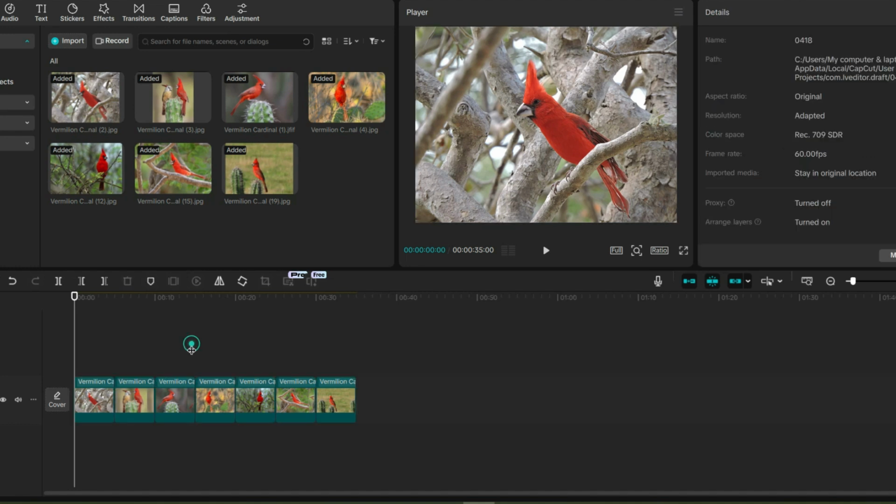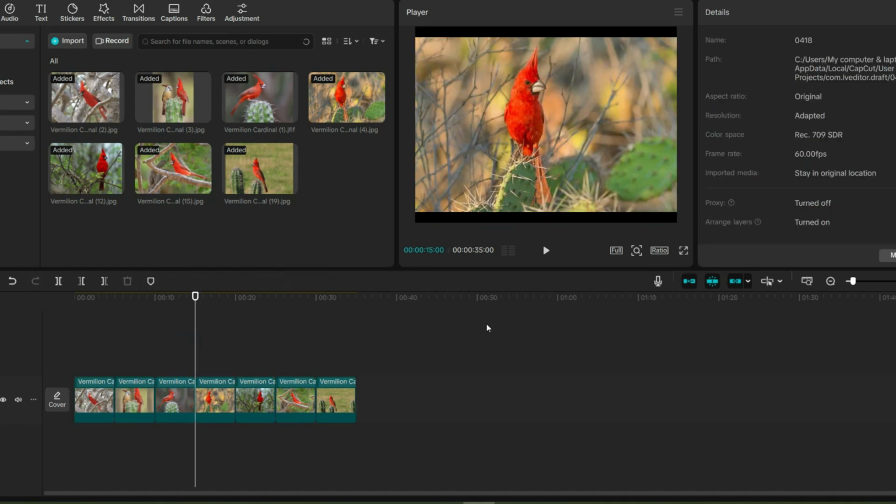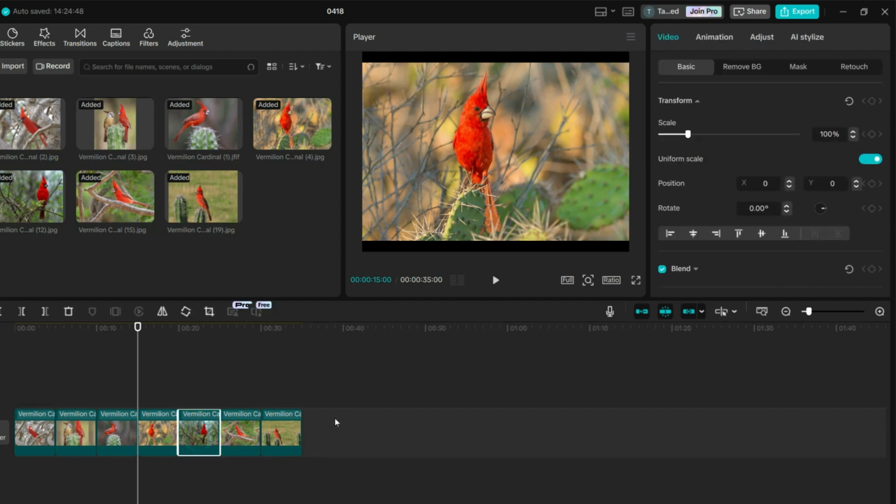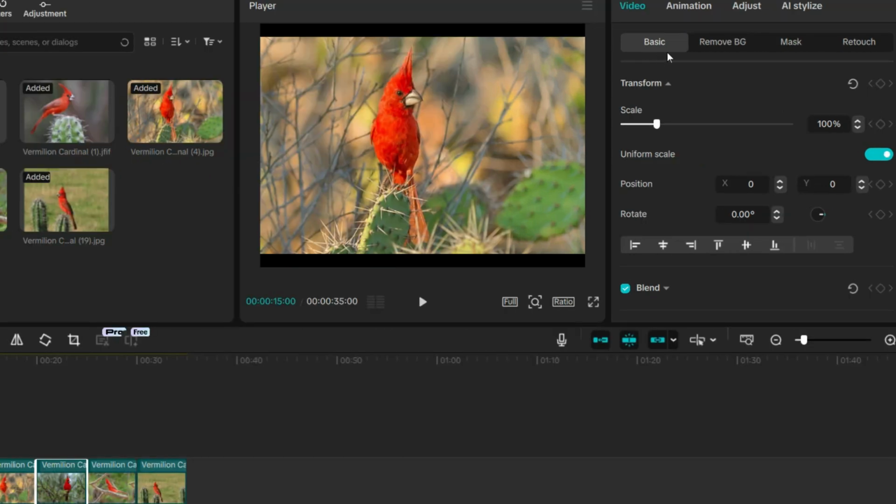And after that, you have to decide on which photo you want to apply the 3D photo effect. So for example, I am applying it on this photo. So you need to click on that. And after that, on the right side you will see that there are video, animation, adjust, and all styles